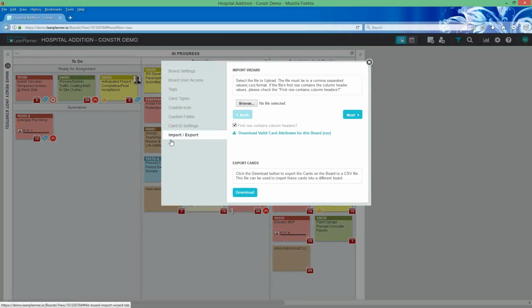So if you were, for instance, tracking submittals in Newforma, you could have your list of submittals there, export that to a CSV file, and then import that CSV file here into LeanPlanner. You might have to massage the column headers just a little bit before you import it, so it picks up the right information. But essentially, each card would then be its own submittal, and this would be a much more visual way of viewing that information than the log inside of Newforma. Am I duplicating work then? Yeah, at that point you would be. Okay, that's kind of what I was afraid of. All right.